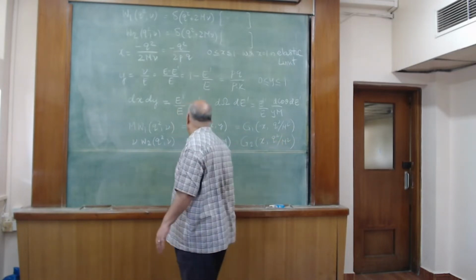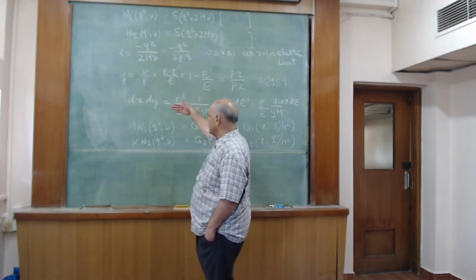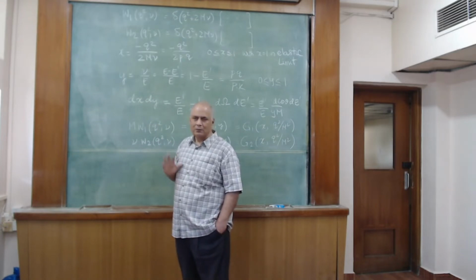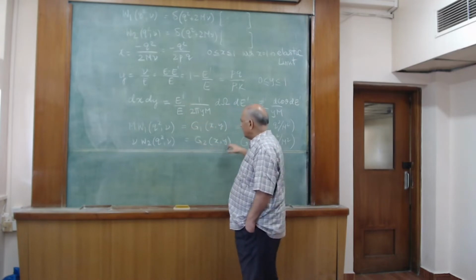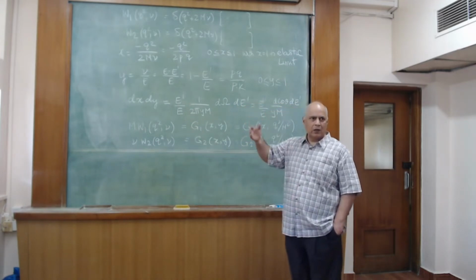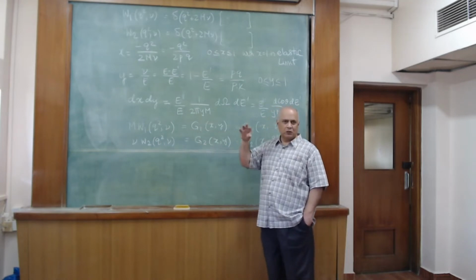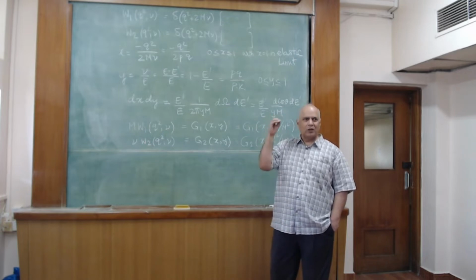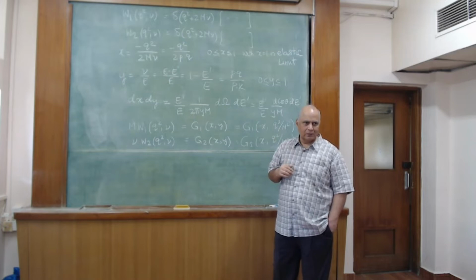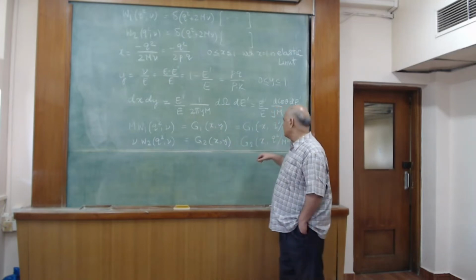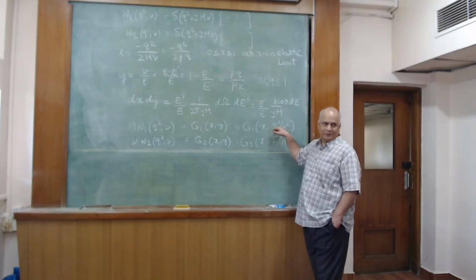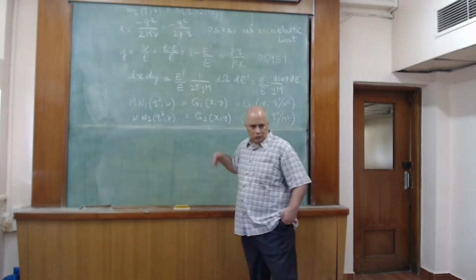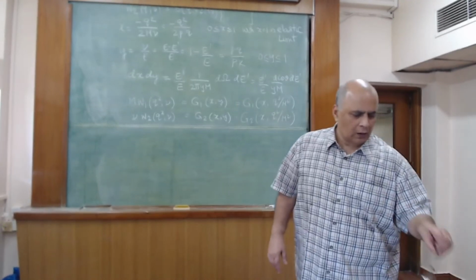So even though we have introduced these two dimensionless variables x and y, when we actually look at the dependence of these two functions g1 and g2 on the kinematic variables, the actual kinematic variables we consider are not x and y, but instead are x and q square. So with these definitions, the